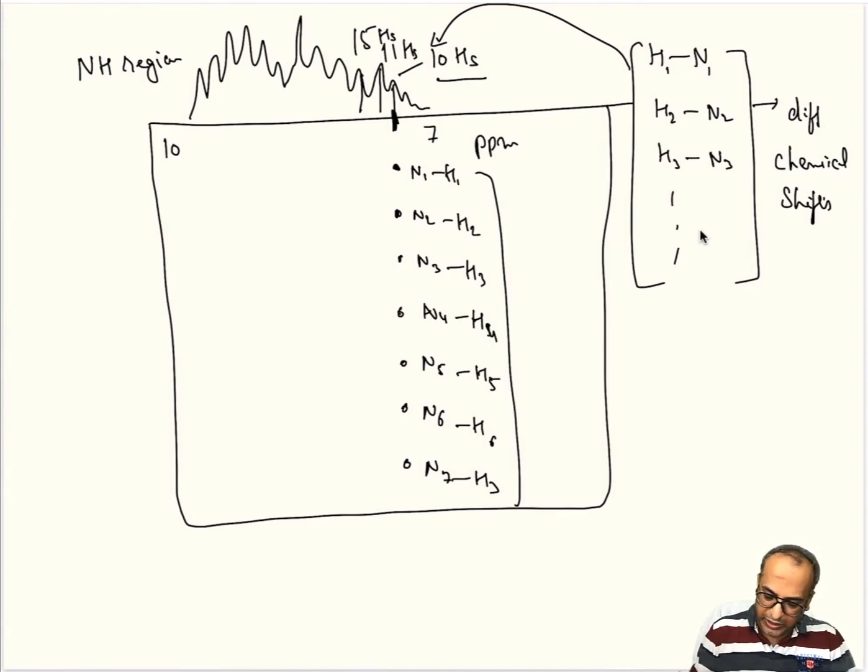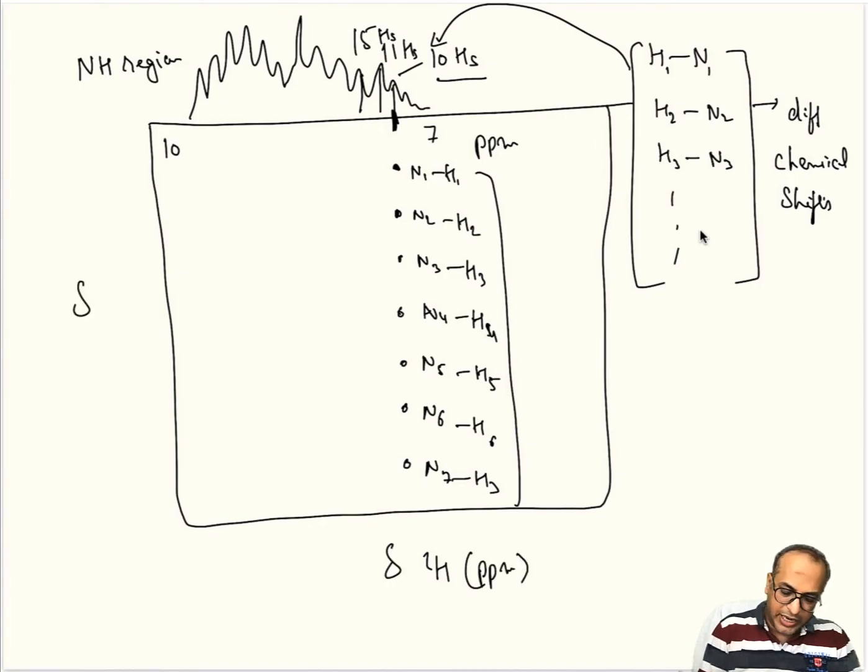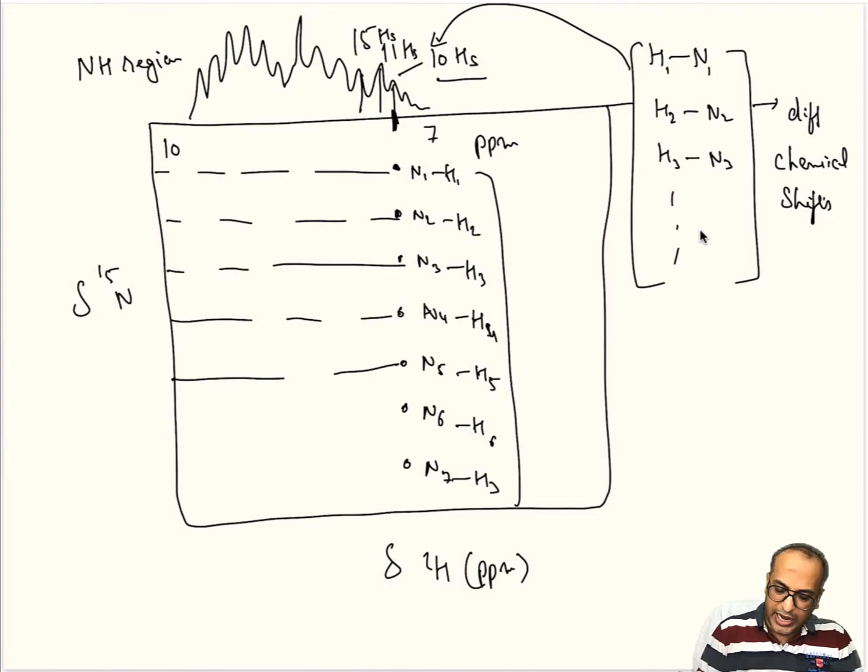So this is my proton chemical shift scale, delta ppm, but this is the nitrogen chemical shift scale. On the nitrogen scale, all of these nitrogens have different chemical shifts, and that is the advantage we are taking to resolve these 10 hydrogens from a single line into